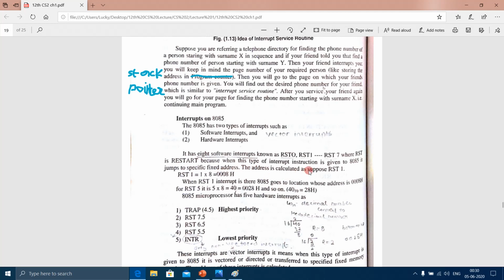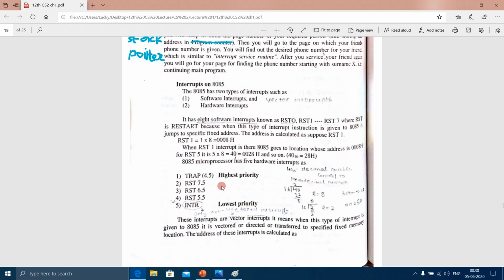The address is calculated, suppose for RST1. This we will learn afterwards, how to calculate the address of these software interrupts. Let's talk about hardware interrupts.